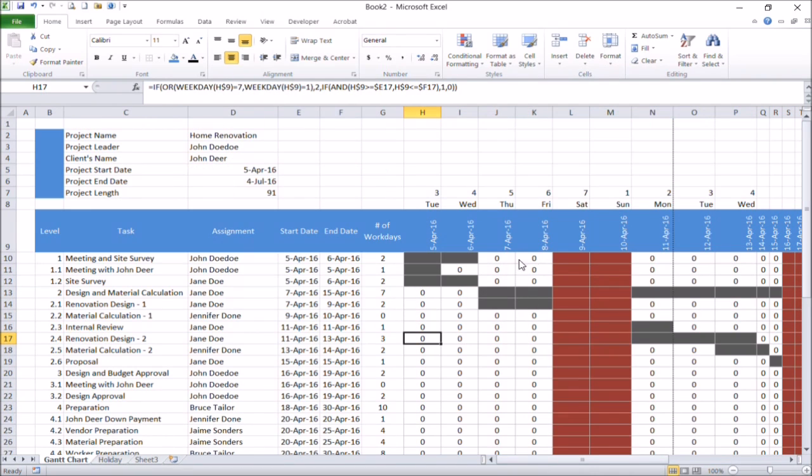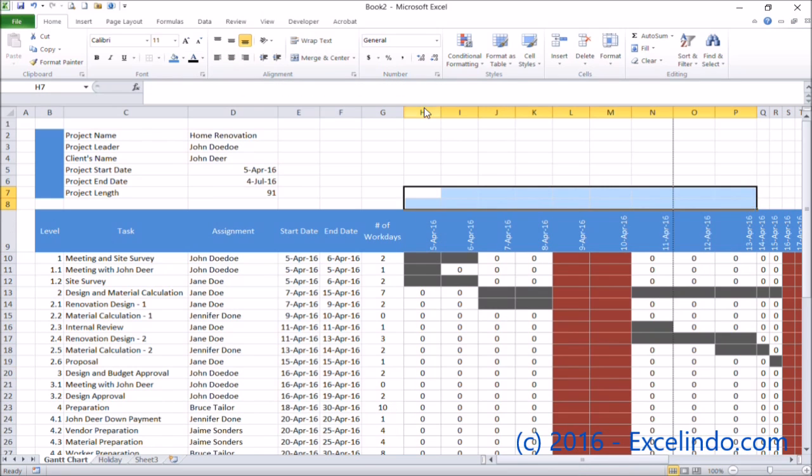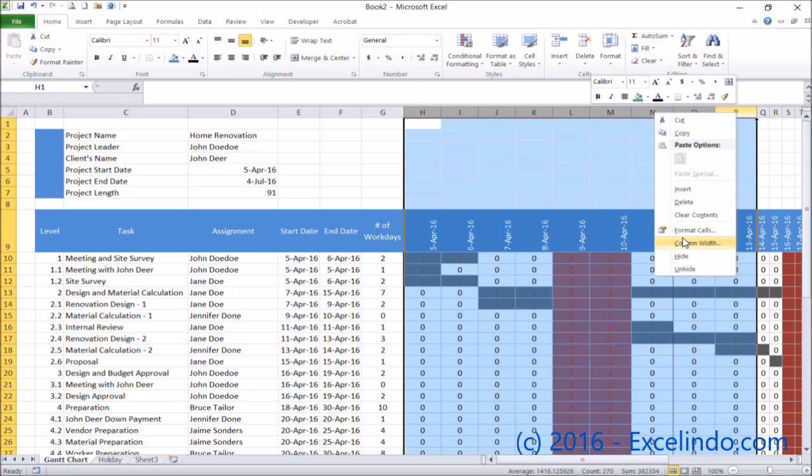Okay, here is the result. You can start to tidy the table up now.